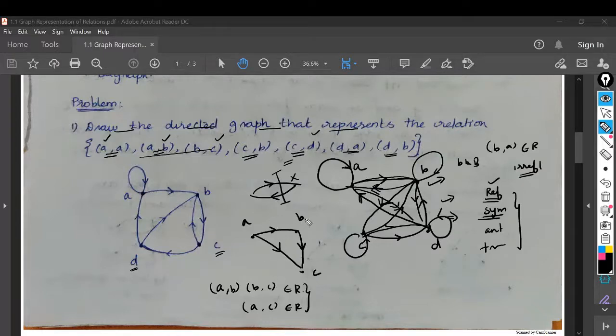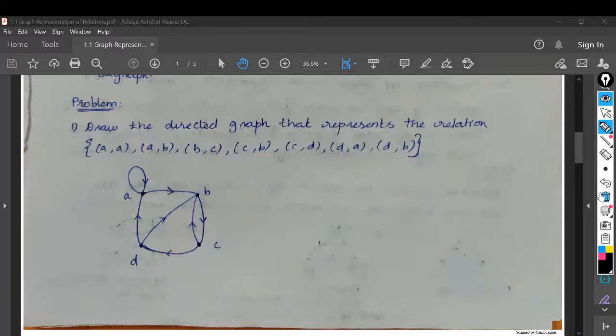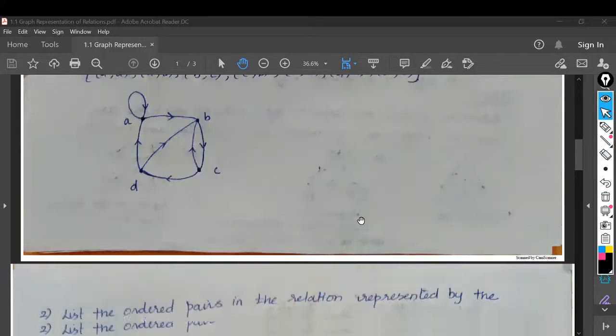There is a triangle where these two are in one direction and this is in the connectivity direction. From the starting point to the ending point, there is a connection, right? If this triangle is part of this, then in that case it will be transitive. Whenever you have this loop, there should be a connection like this. Only then you can say that your relation is a transitive relation. So this is how we have defined the properties of relations by means of a graph. Let us get into the problem part of it.